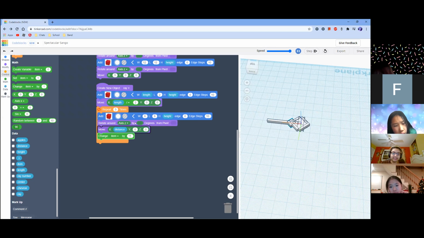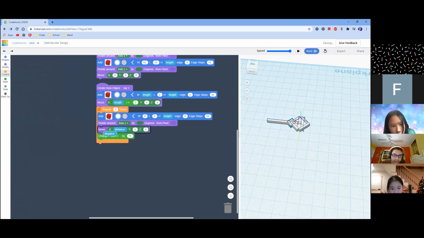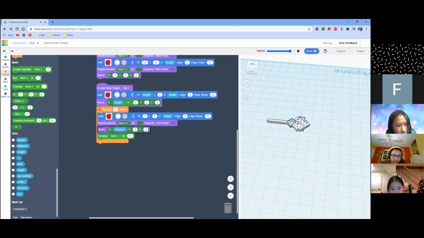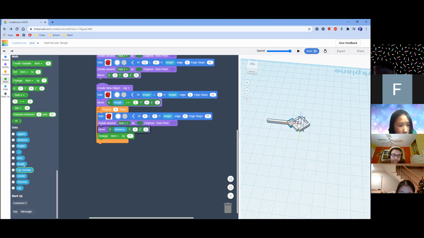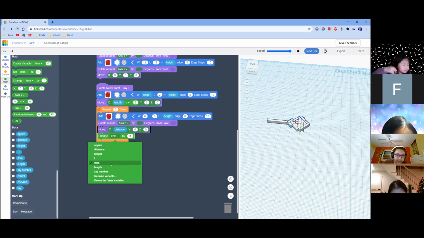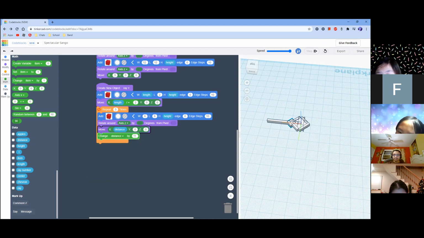You need to change distance by 11. It's a drop-down menu. So you click where it says item. You see where it says change item by 11, the last one? You're going to click that and make that distance. Click distance. Yes, now try it.